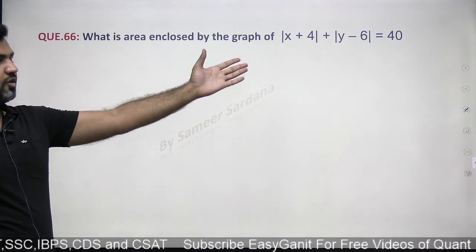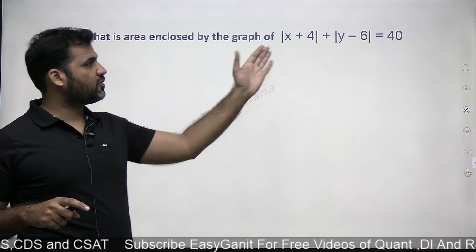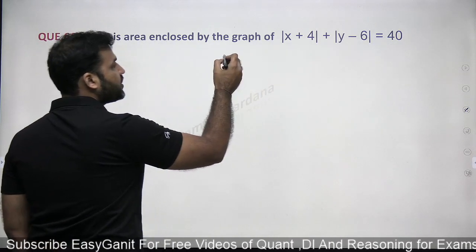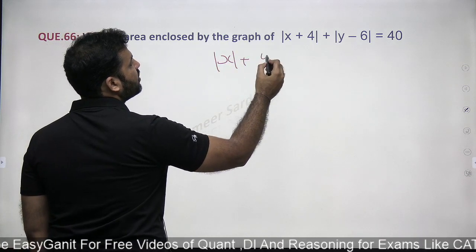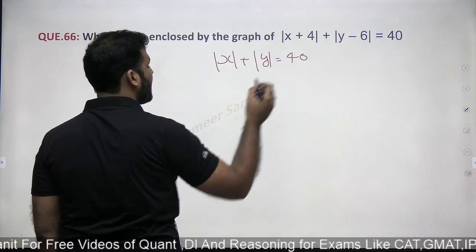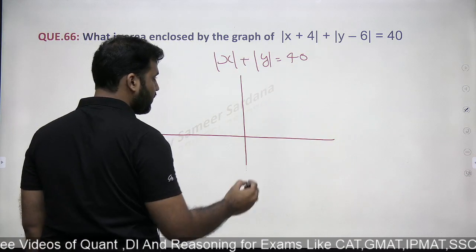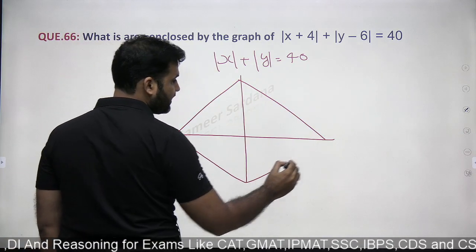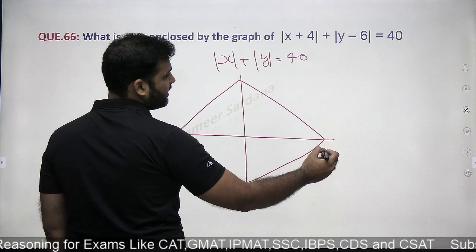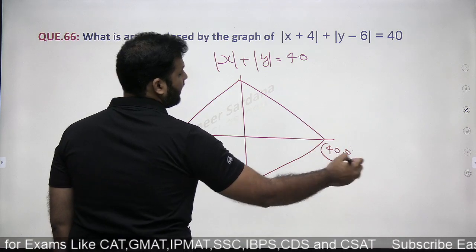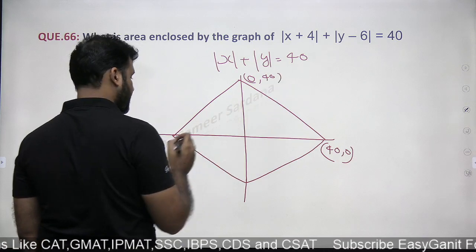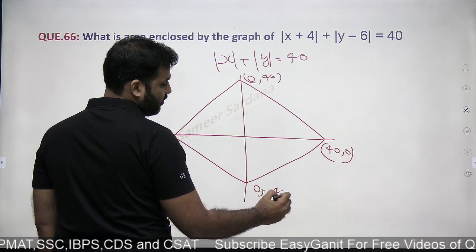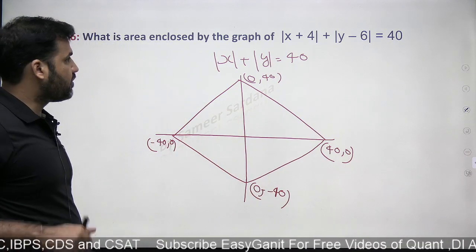What is the area enclosed by this graph? |x + 4| + |y − 6| = 40. Now you see this. If the question would have been |x| + |y| = 40, then the question would have been very simple and easy. Why? Because I know that |x| + |y| = 40 is nothing but this rhombus shape. This is (40, 0), and this is (0, 40), and this would be (−40, 0), and (0, −40). Right? In that case, it would be very easy for me to find out the area